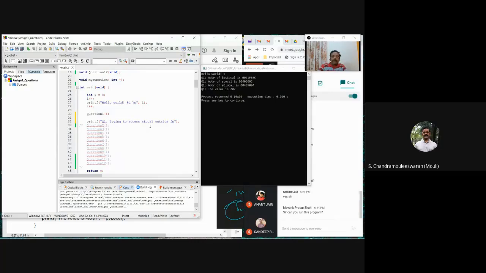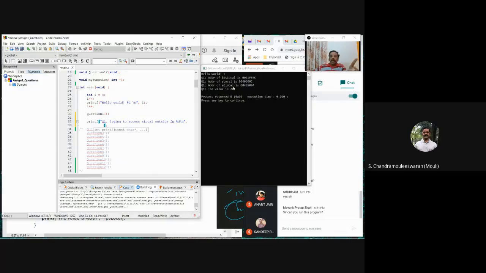Okay, %d, \n, comma. Now I want to access it. How do I do it? I hope in the next run also the relative position will not change.